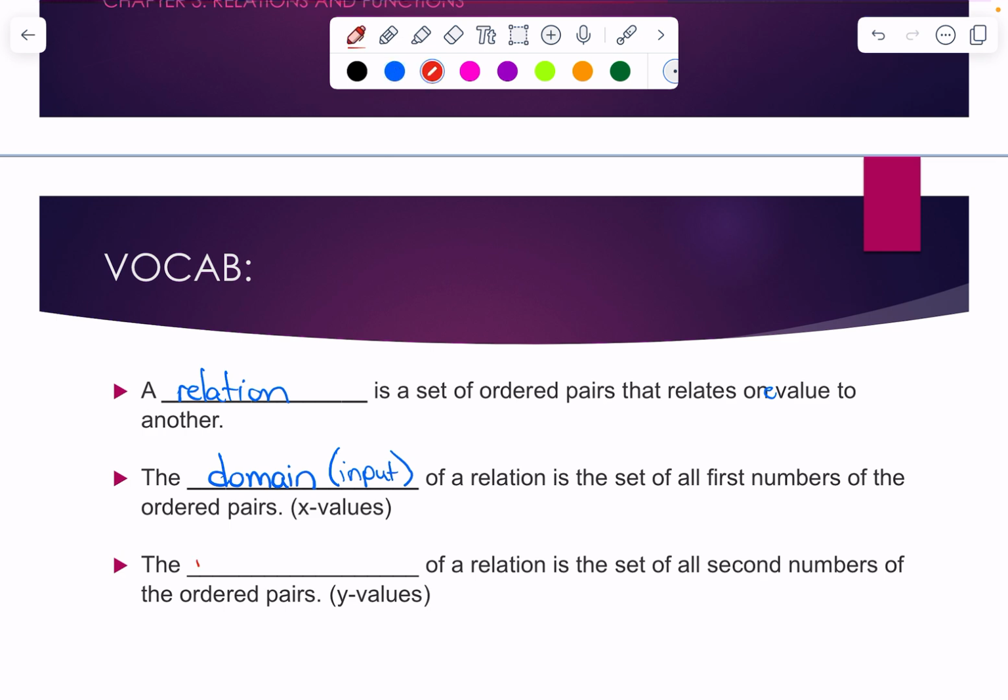The range, or the output values, of a relation is the set of all second numbers of the ordered pair, or the y values. Okay, so the key there is we're looking at the y values for range, we're looking at the x values for the domain. Just real quick, remember that an ordered pair